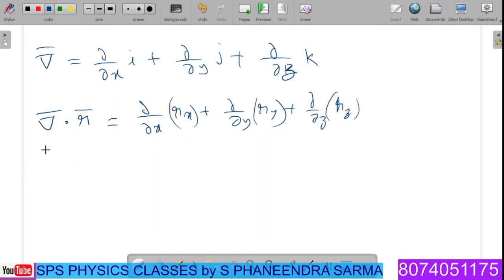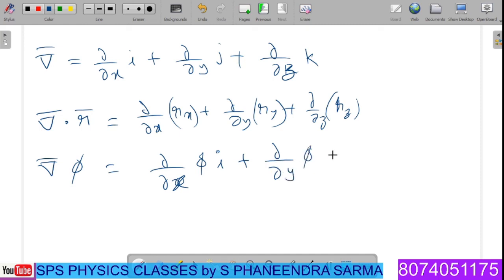On the other hand, suppose some scalar potential phi is given, then we write dou by dou x of phi i plus dou by dou y of phi j, dou by dou z of phi k cap. That means every time this particular function contains some x, y, z, we have to do partial differentiation here, and on substitution we will get the value of the del operation. Then after, a very important thing,